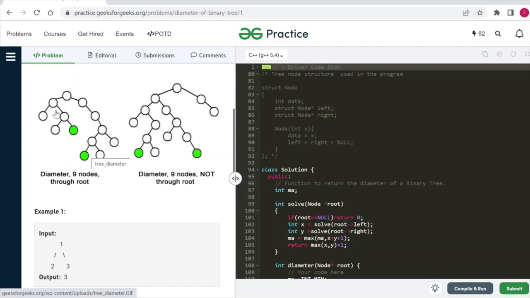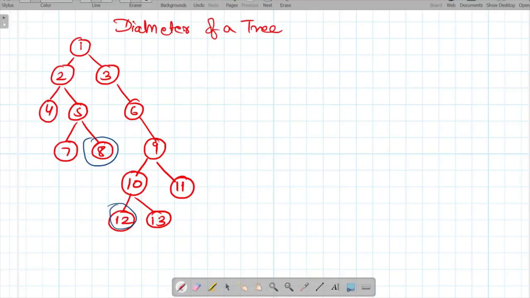So in this way you have to check for every node what is the longest path between two leaf nodes, how many nodes exist between these two leaf nodes, and you have to return the maximum. Similar is the case in this tree also. Between these two nodes there exist 9 nodes only. Let's count once: 1, 2, 3, 4, 5, 6, 7, 8 and 9. Let's now see the logic for this, and then we will see how to code this problem.